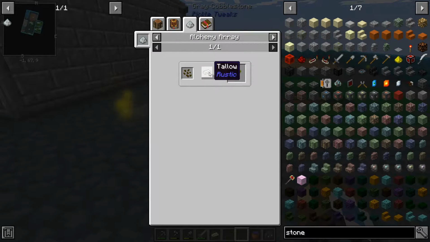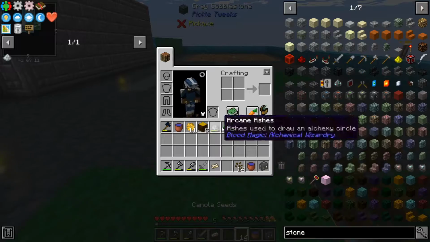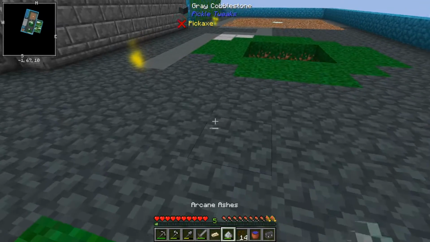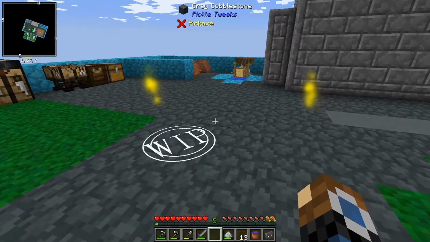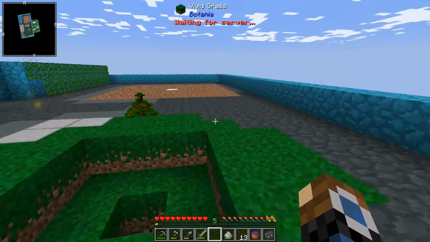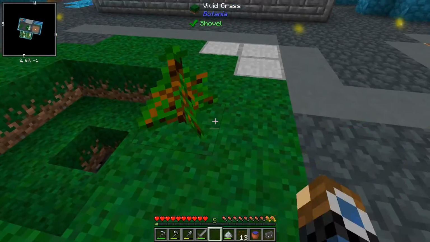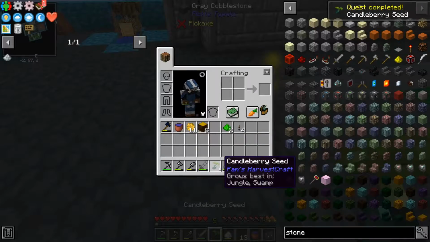So we need canola seeds, tallow. Let's put our seeds in there. So arcane ashes, canola seeds, tallow. That gets us this. We've got a rubber sapling. Actually looks misplaced because of how big the actual floating icon is. And now we've got our candleberry seed,